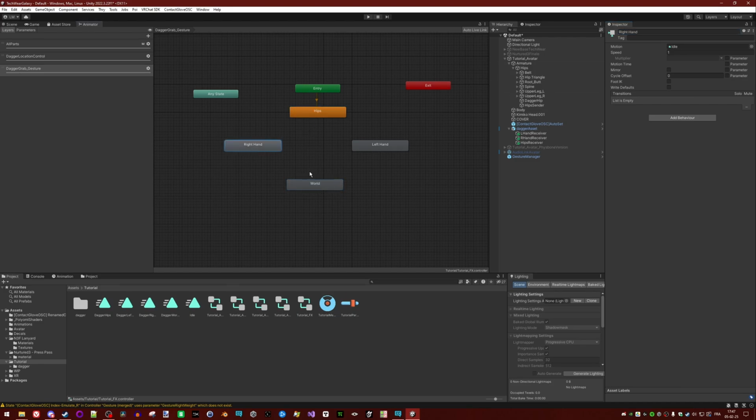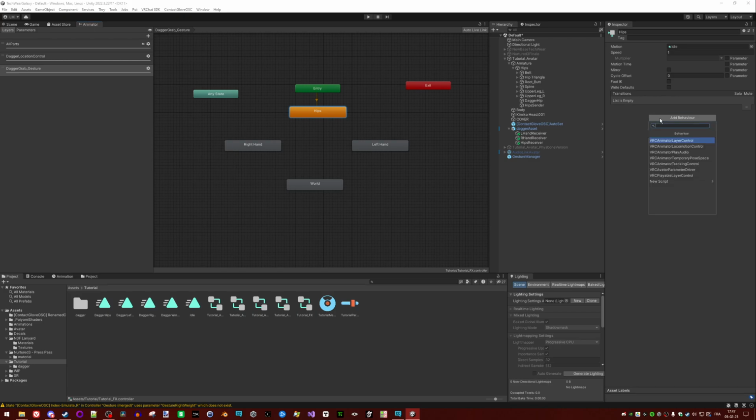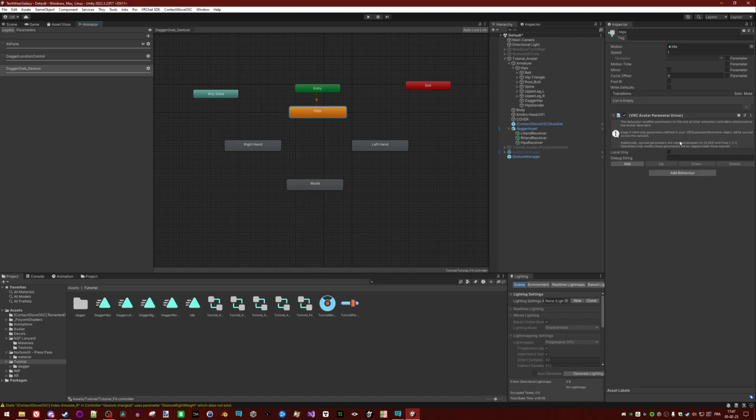Each one of them will contain an avatar parameter driver. So you select one, let's select hips, add behavior, and if I type in parameter, you can see VRC avatar parameter driver. Let's check local only. I already explained, but the main parameter is synced, so you don't care about whether it's local or not.